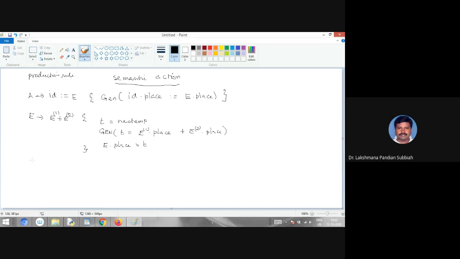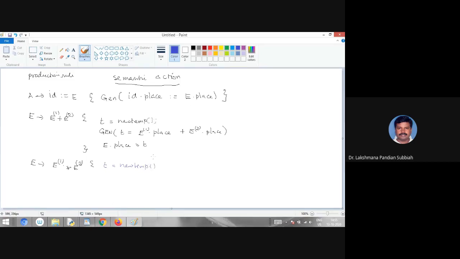Next, here we are having E derives E1 star E2. For this case also the same is repeated, but instead of plus you have to put star, right? So the semantic action is T equal to new temporary variable. New temporary variable is a function.